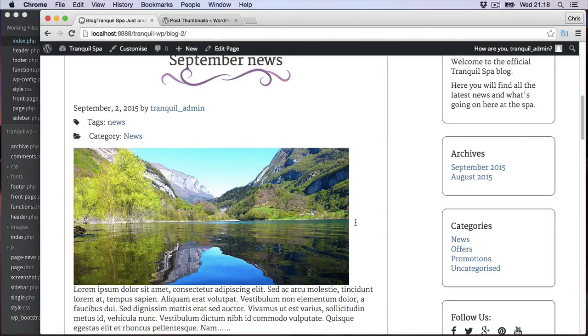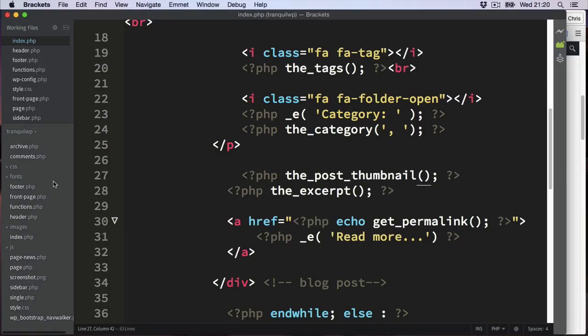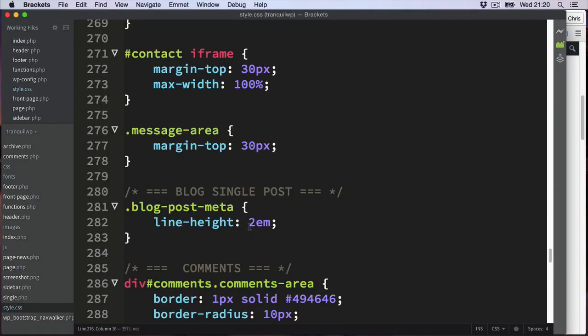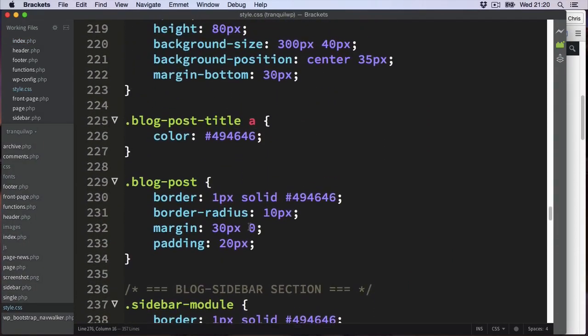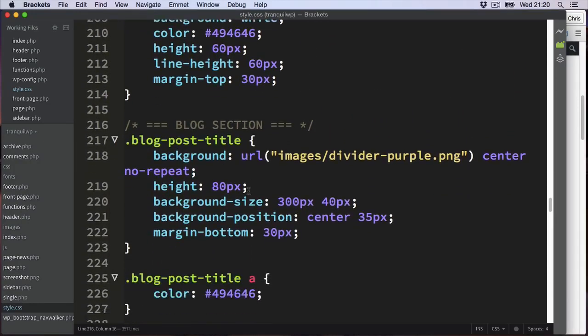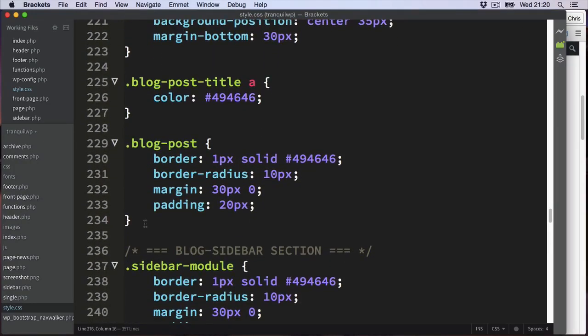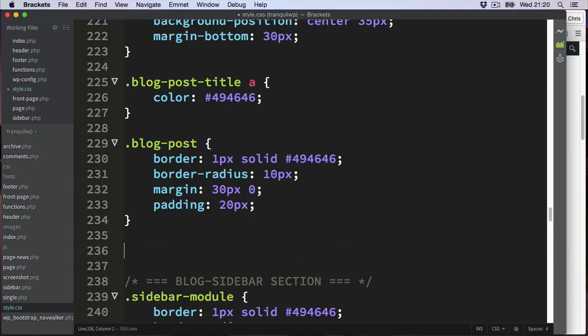So this page is nearly done, just a little bit of CSS to add. So I just want to add some margin to the bottom of the image and also make the image 100% of the container. So if we go into the style.css, and then we'll add this in the blog section. Let's take a look for the blog section, and then at the bottom of this section we can reuse the blog post class,